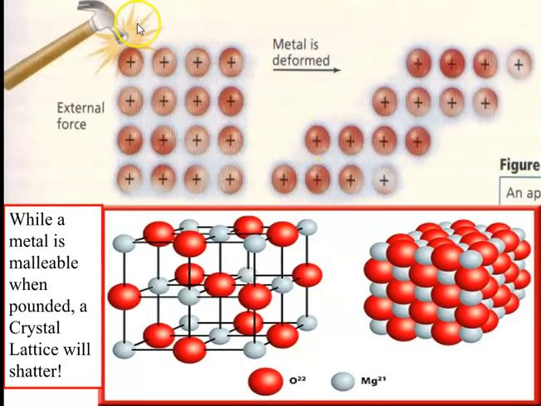In this image here, what I would like to show you is that ability to be malleable as a comparison to an ionic crystal. When hit with a hammer, a metallic compound, these metal ions with the sea of delocalized electrons around them can slide past one another, and the metal can be deformed or change shape, bent. The term we use for that is malleable. A crystal lattice with each of its ions held rigidly in place by those surrounding oppositely charged ions, if hit with that